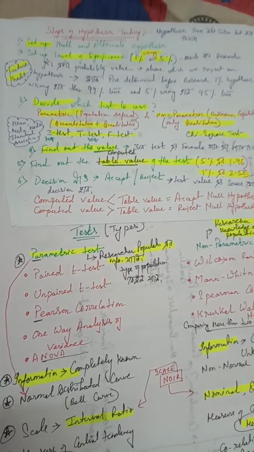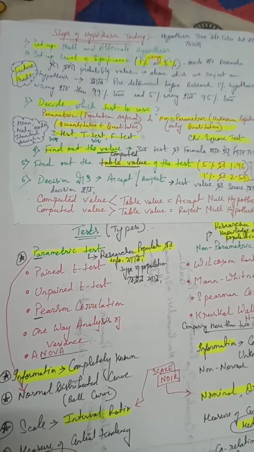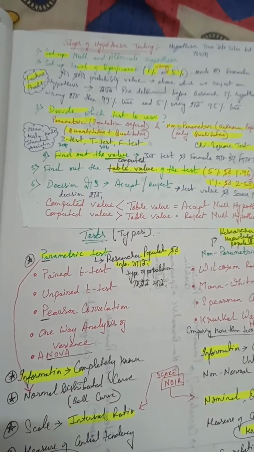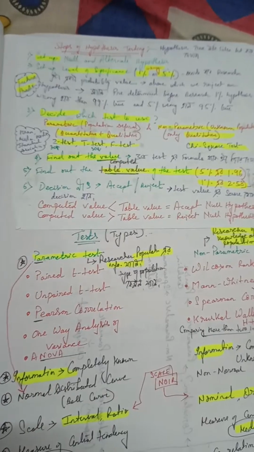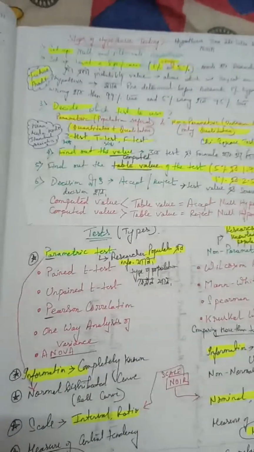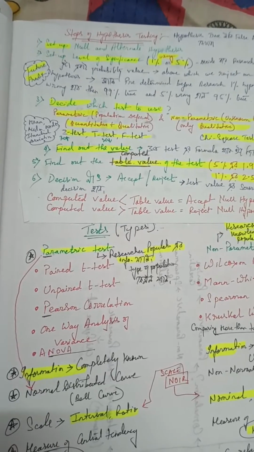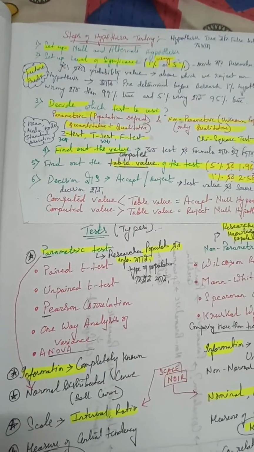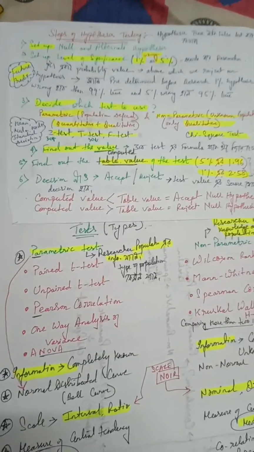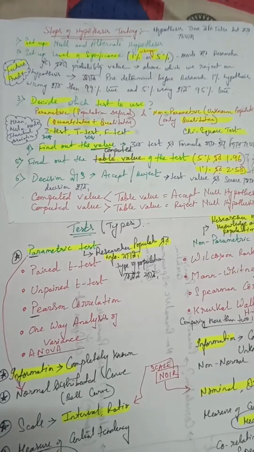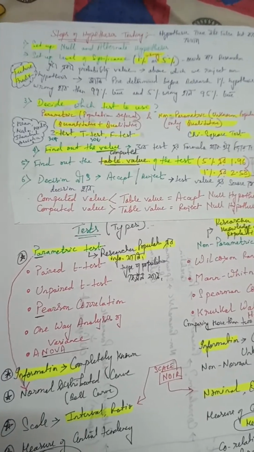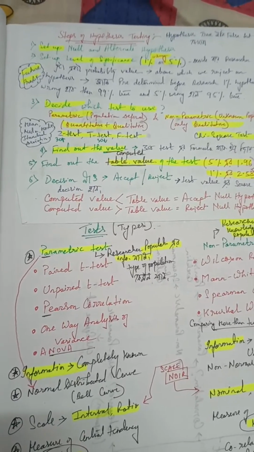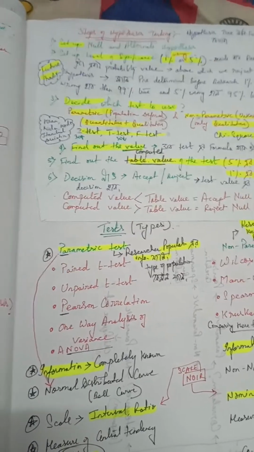After setting the level of significance, it can be 1% or 5% depending on my research, depending on my hypothesis. We decide which test to use. Now, research can be divided into many types. Broadly, research can be divided into qualitative and quantitative based on my data. Now, if my research is quantitative, then I will be using Z test, T test, F test, and that is known as parametric